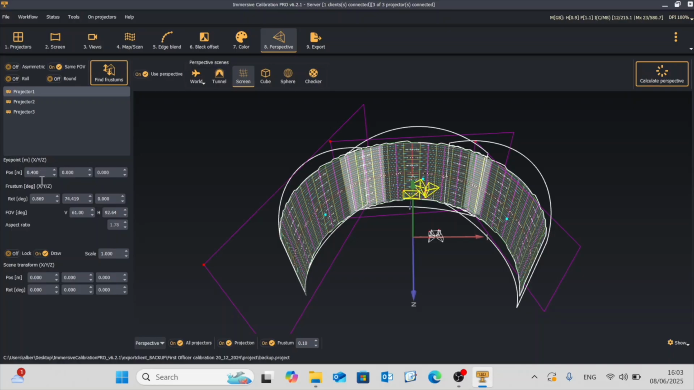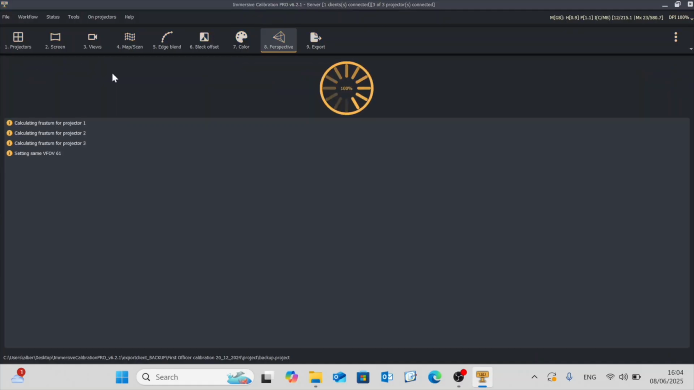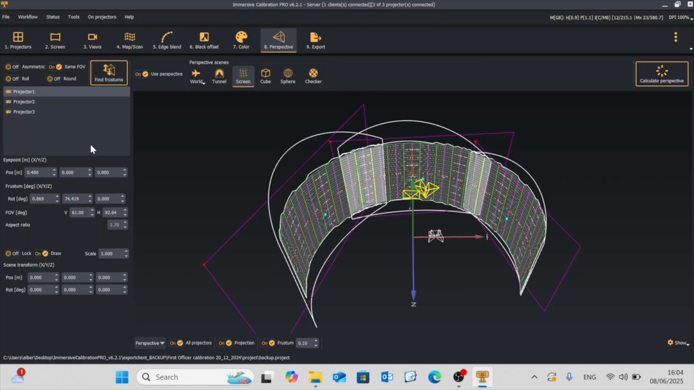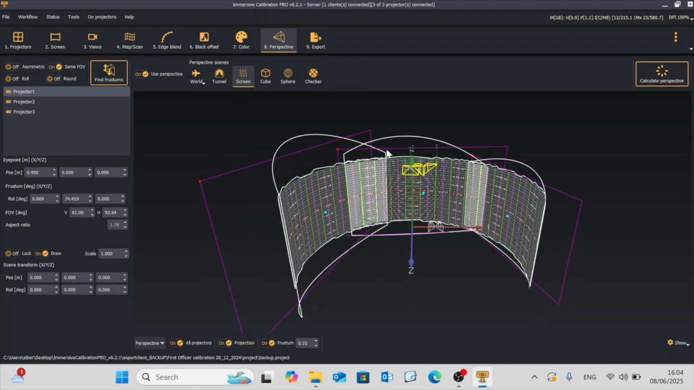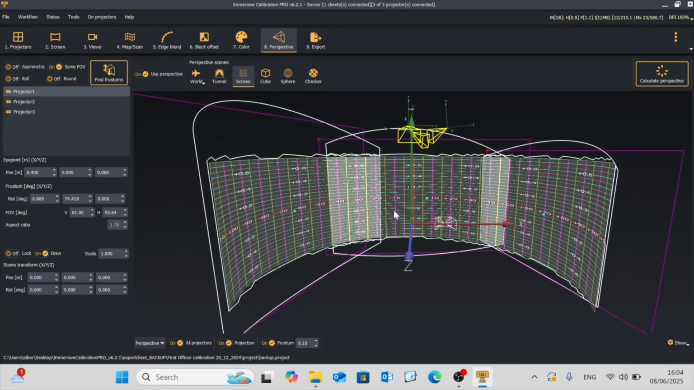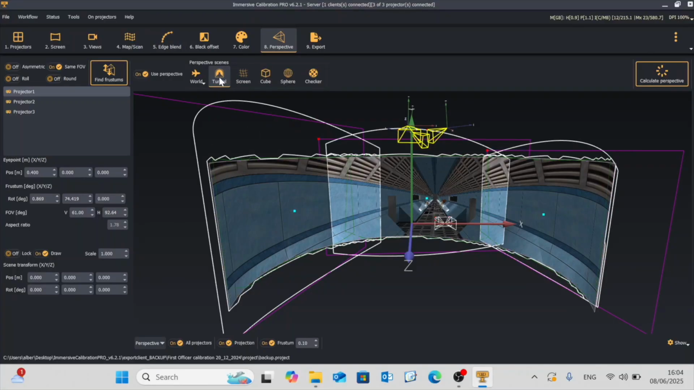Set this one wherever you need to set. Don't change anything in the frustum, only change the position if you need to change something there. After that you just do find frustum. You calculate everything and then here you can have something nice, different in the new version. You can obviously have your tunnel,